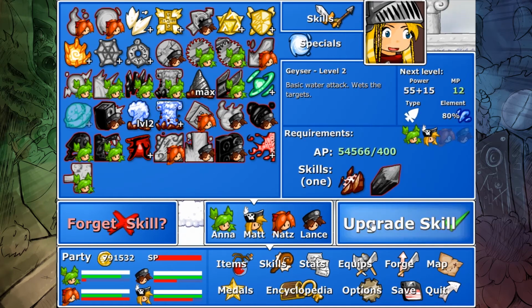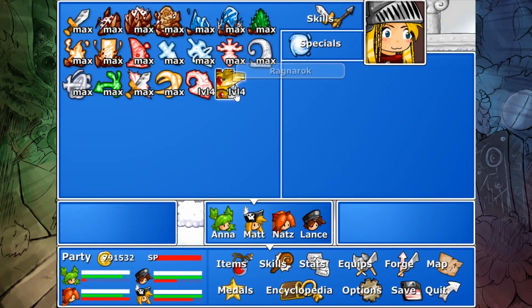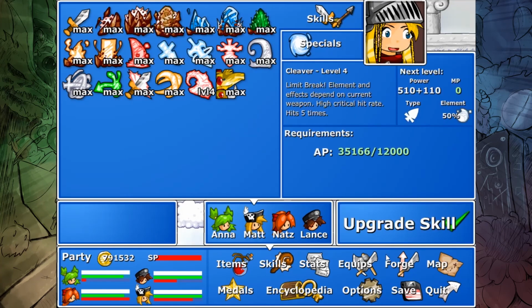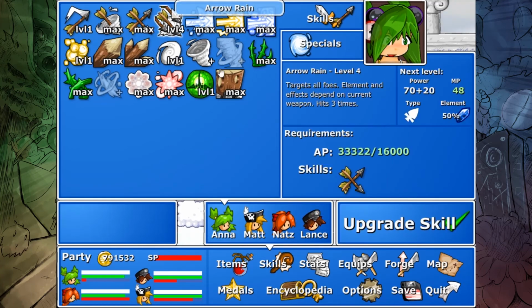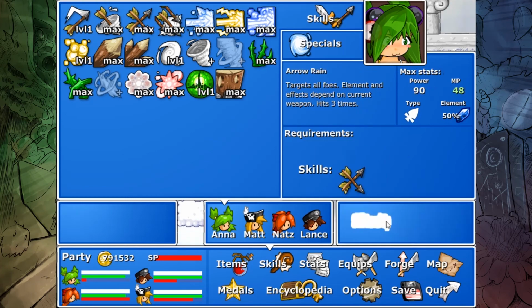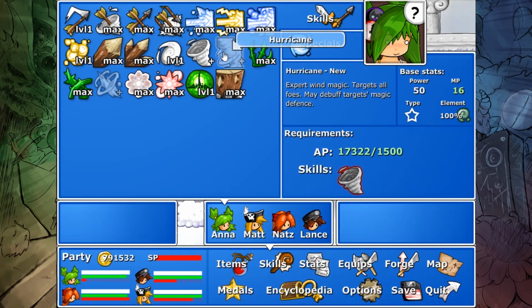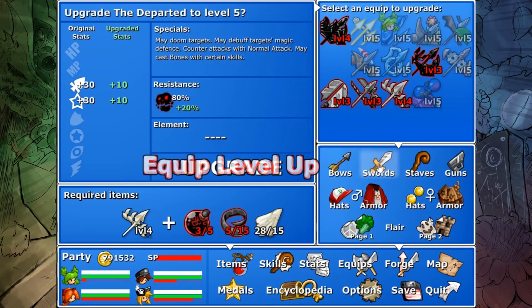What about Matt? Just for the lulz. Because Matt's probably not going to see very much action in this battle. Everybody else has learned all the skills that he's interested in, really. Oops, didn't mean to close out of there. This is all maxed out. I could, I suppose, max out these, because why not? Again, there's really no point in learning these because they're magic attacks. Alright, I think that's it. I'm going to go through the forge for one last time, upgrade a bunch of stuff,